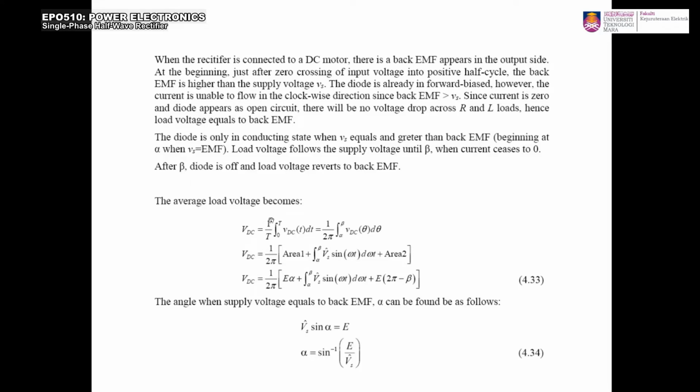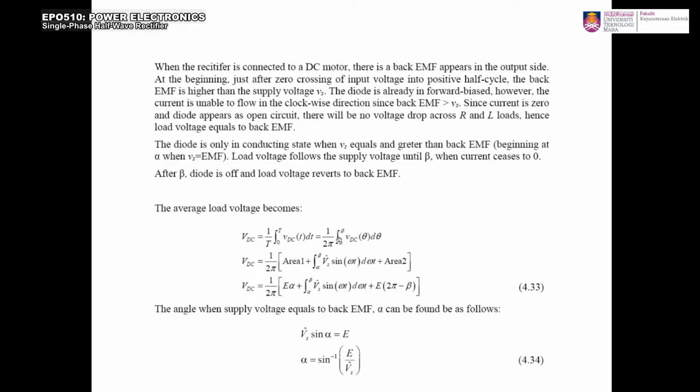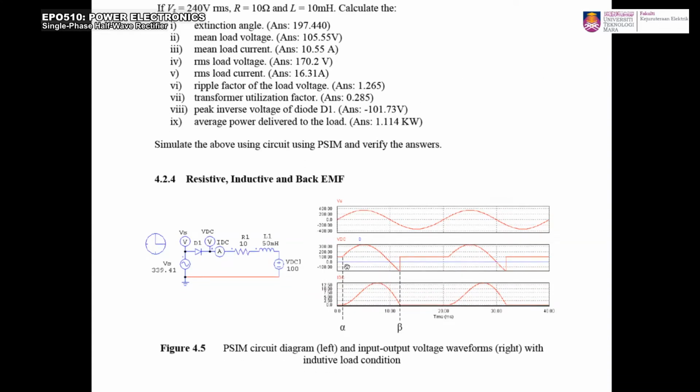Okay, the integration of 1 over T, from 0 to T, of the output voltage VDC. This is actually the general equation, and it is always convenient for us to change that into radians, right? Therefore you have 1 over 2 pi, and now you have to integrate from alpha to beta. So look at the waveform again. You need to integrate from alpha to beta, and the rest of the waveform